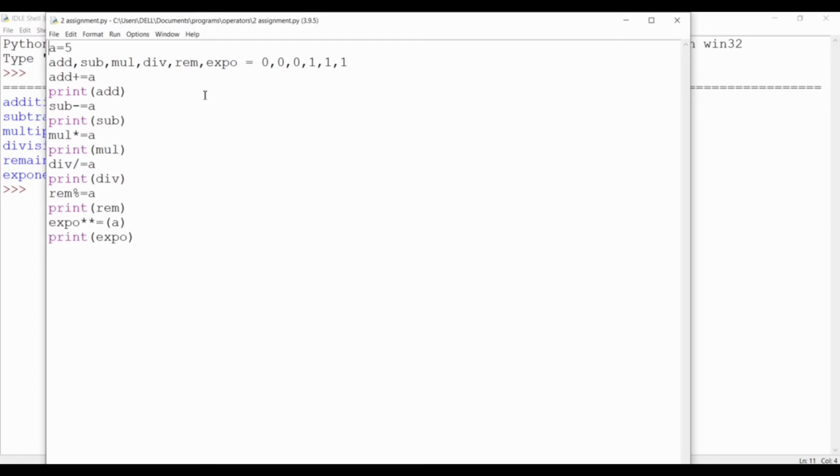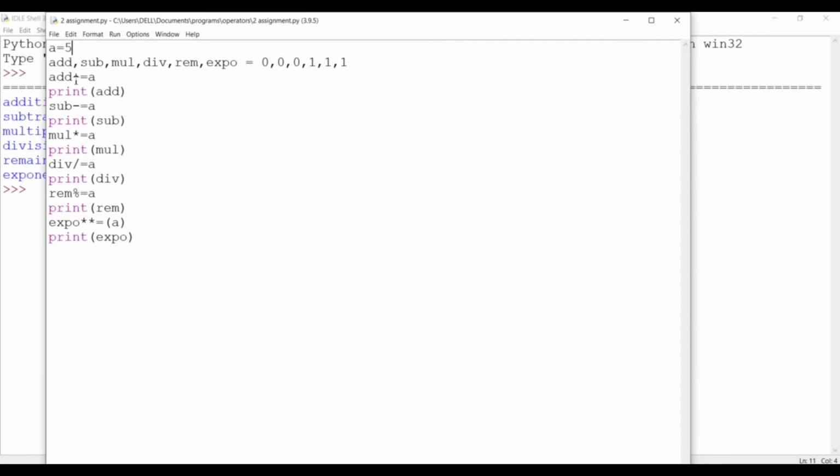Here I have already predefined the values, and I have given the value of variable a as 5. Here I have used multiple assigning variables for adding, subtracting, multiplication, division, remainder, and exponential, where the adding value is 0, the subtraction value is 0, the multiplication value is 0, division 1, remainder 1, and exponential value is 1.